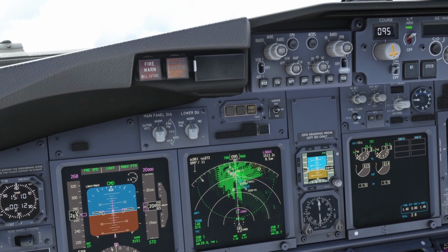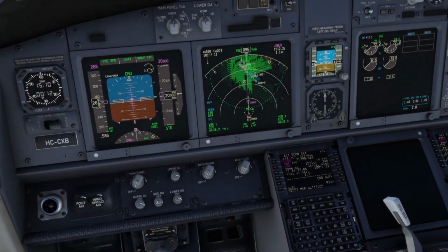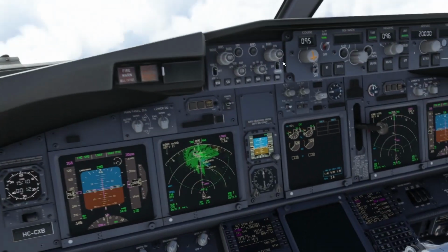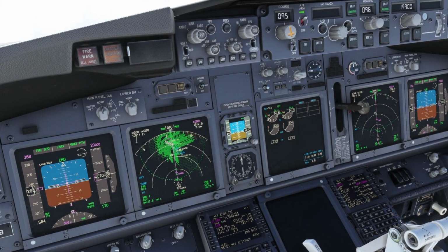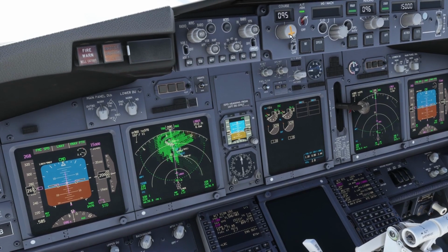Okay, almost there. How much for our top of descent? 2 miles. Okay, so let's start there and request descent. And they say, yeah, descent to 150. So we're going to set 150 here. We are on VNAV path, and let's get the Cuenca METAR